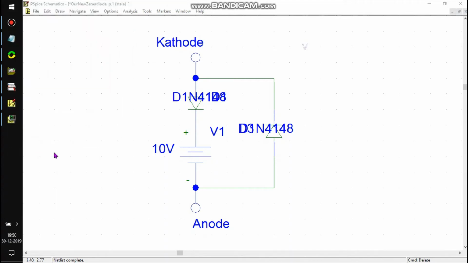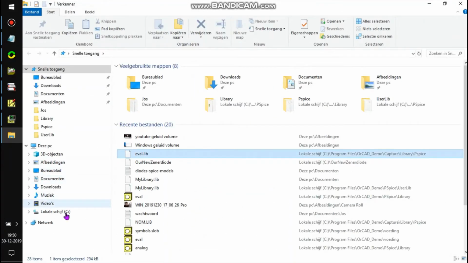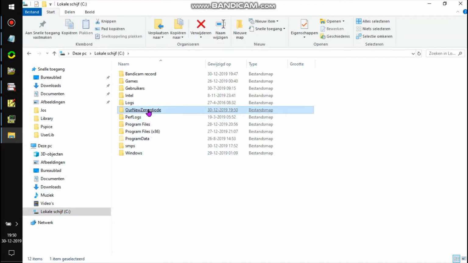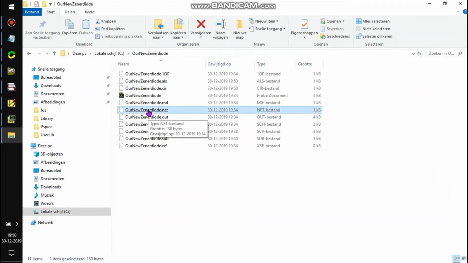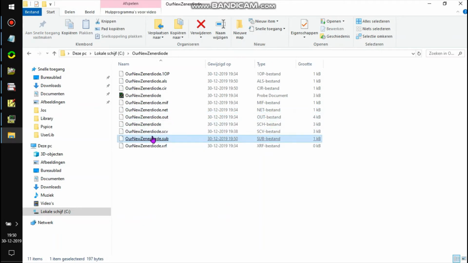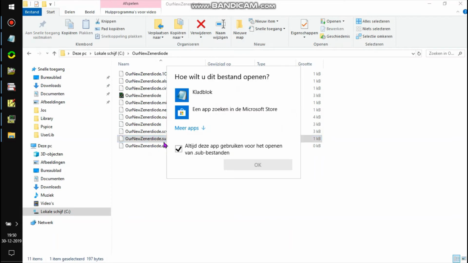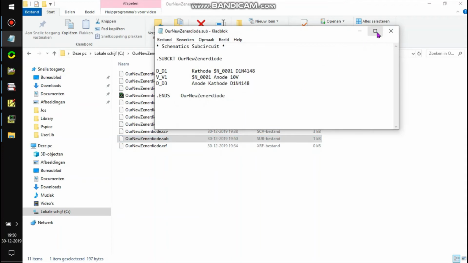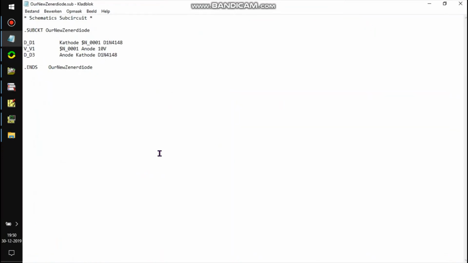Let's take a look inside our subcircuit. Here it is. Here's the subcircuit.